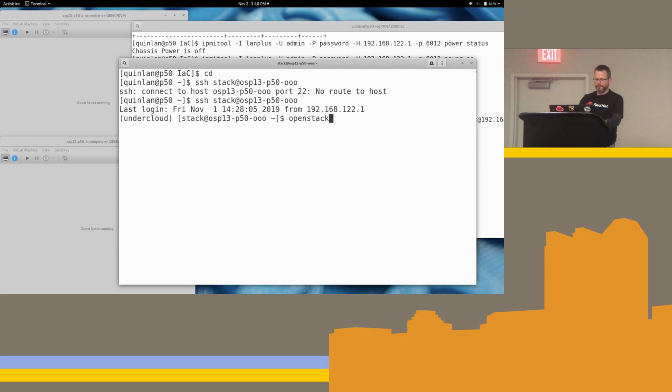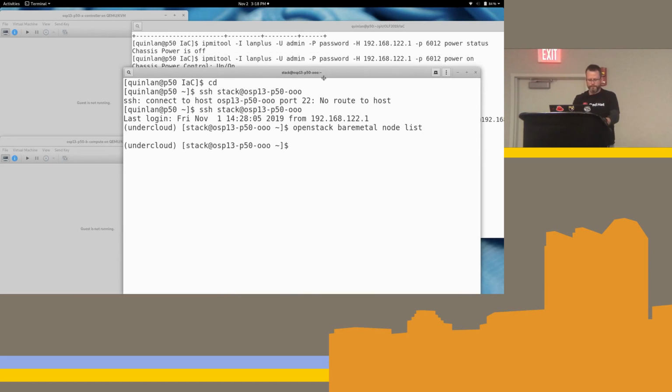I'm not used to typing OpenStack. I have shortcuts in my profile. Okay, as you can see, this is our director node. We have no Baremetal machines in this stack yet, but we do have